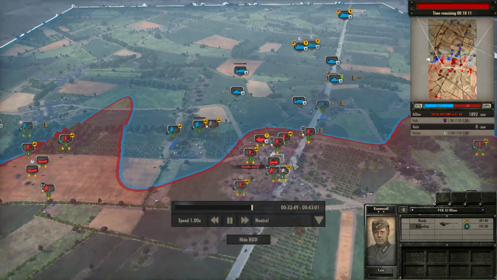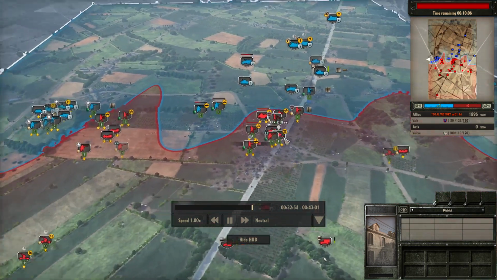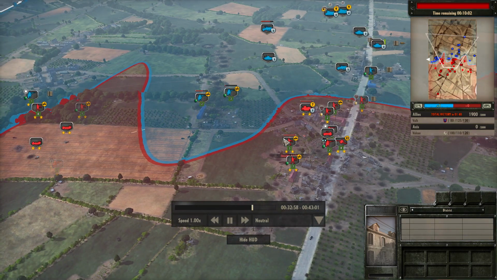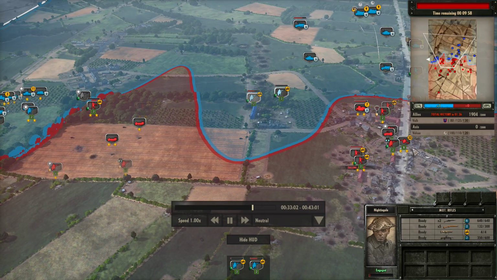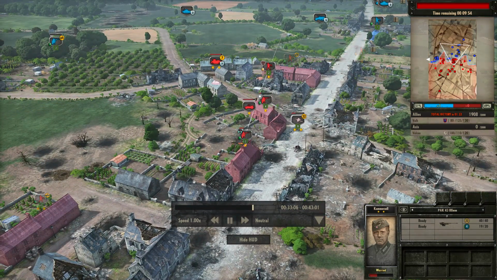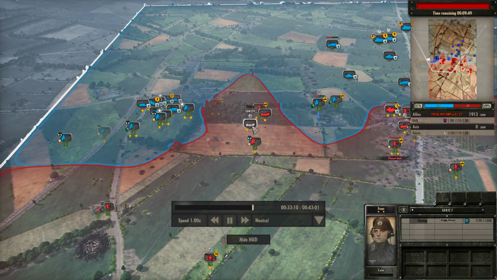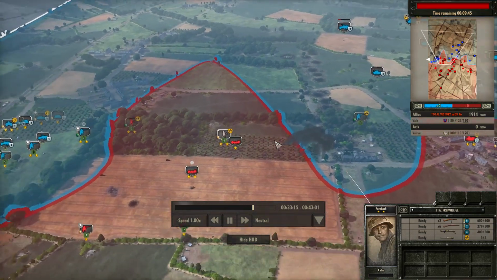My Pak 43 here has actually killed the Firefly in the center here. It managed to get line of sight, which was good, and therefore ended up doing a lot of damage, and now has line of sight onto the infantry in these buildings. But that's continuing to attack move up the road. I don't want that to stay static at all, otherwise it will just get hit by these Sextons which Valh is using. I'm moving over 1 unit of my infantry